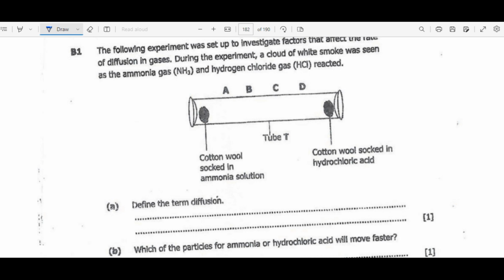So let's read through the question. The following experiment was set up to investigate factors that affect the rate of diffusion in gases. During the experiment, a cloud of white smoke was seen as the ammonia gas NH3 and hydrogen chloride gas HCl reacted. So the first question is define the term diffusion. So say this is the movement of particles